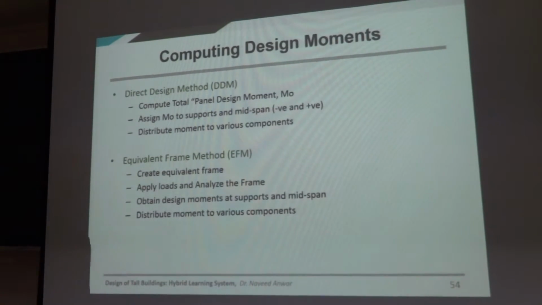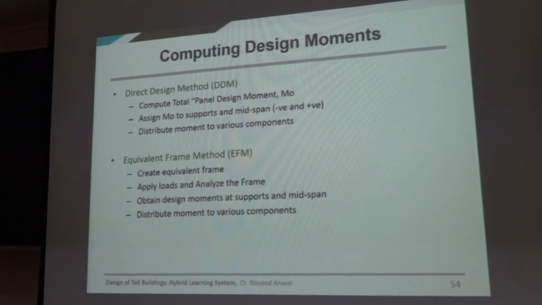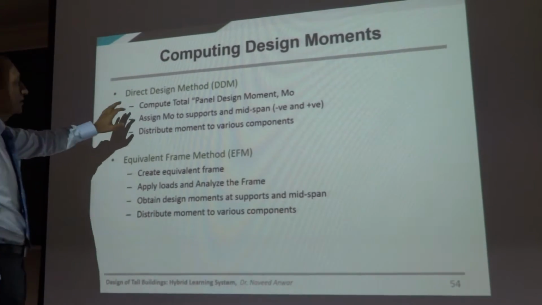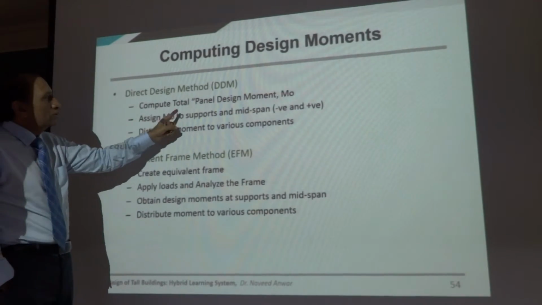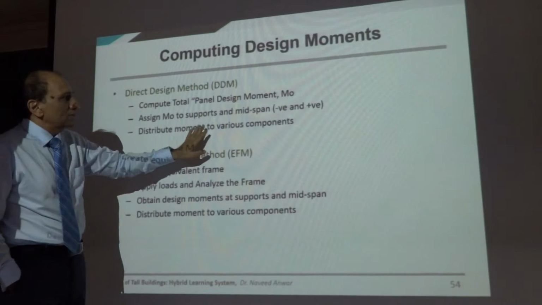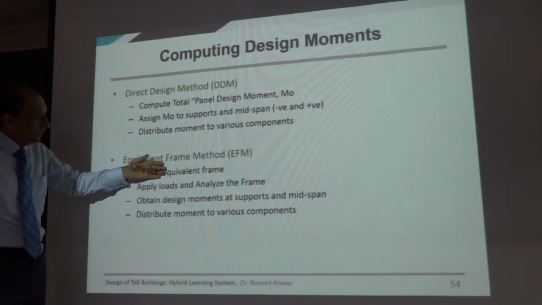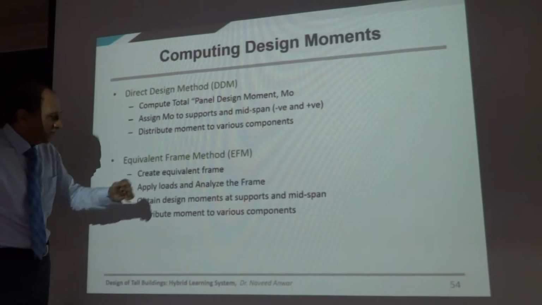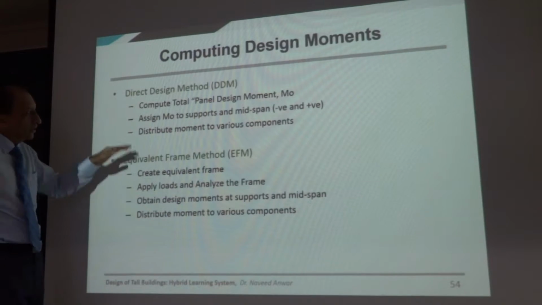Design moment. So we said we have two methods of doing that, direct design method and equivalent frame method. Direct design method is compute total panel design moment, assign it to supports and midspan, negative and positive. I will show you, don't worry. Distribute moments to various components. Equivalent frame: create equivalent frame, apply loads and analyze the frame, obtain design moments at supports and midspan, distribute moments